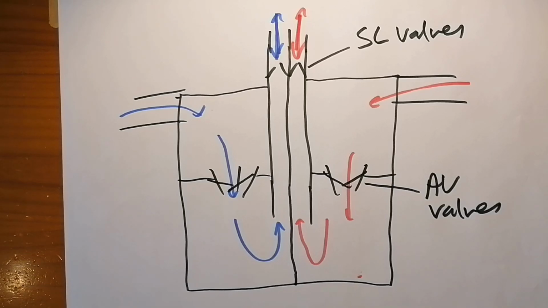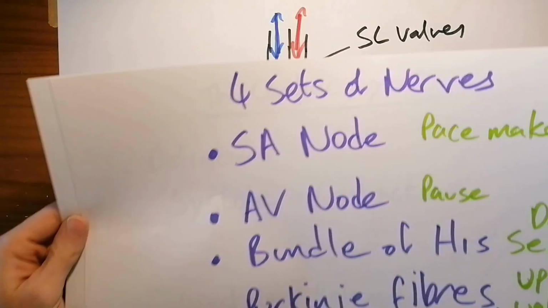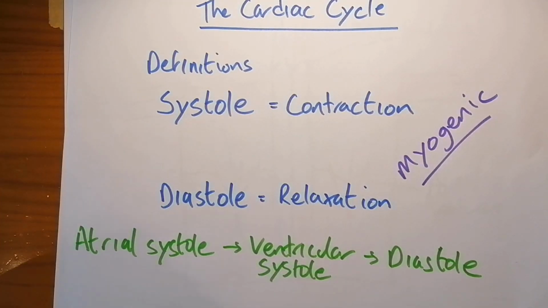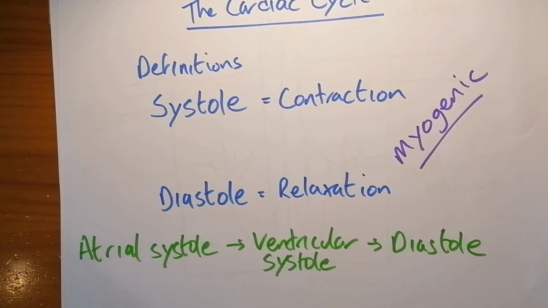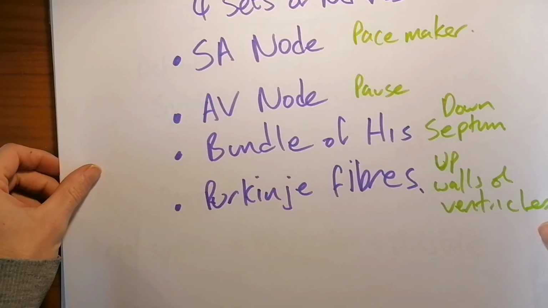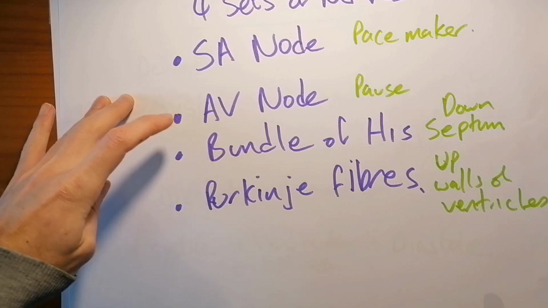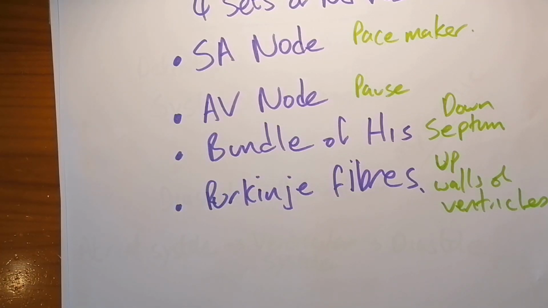Let's just have a quick recap. So we've learned a few definitions. Systole means contraction, diastole means relaxation. One cardiac cycle, it takes about 0.8 of a second, it's taken me longer to explain it than it does to occur, is atrial systole, ventricular systole, and then diastole. The four sets of nerves that control that are the SA node, the AV node, the bundle of His, and the Purkinje fibers. And they are located